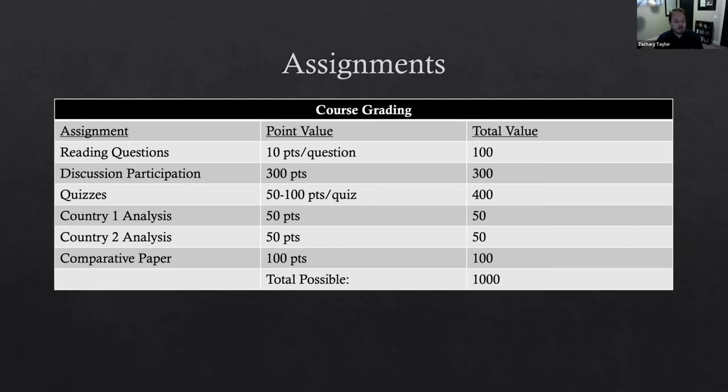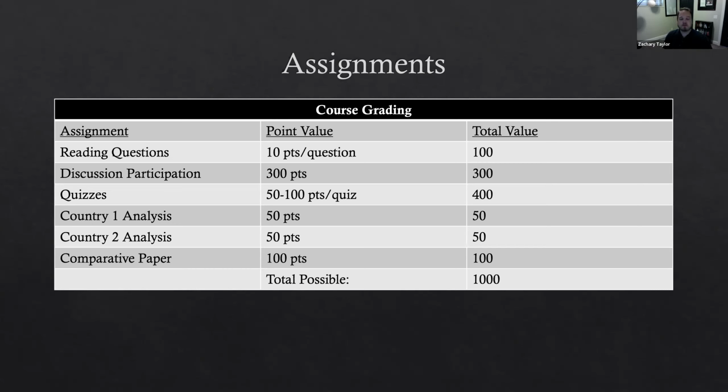So I do expect the readings that are listed each week for you to read those in advance of that week so that you have an idea of what you want your reading question to be. You have something to bring in so that my lectures, anything in this class, is not going to just be reviewing what the textbook says. It's going to be taking that and trying to go a little bit deeper with it, trying to talk about how it functions in the real world.